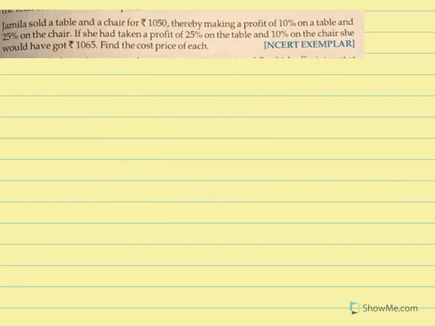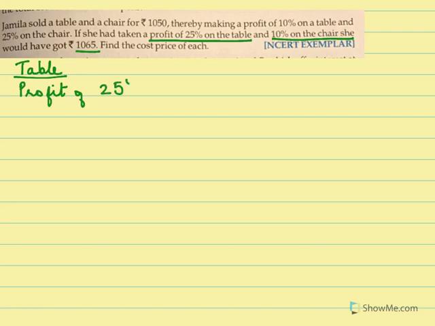Second part of the sum, if she had made a profit of 25% on the table and 10% on the chair, she would have got 1065. Now let us do the calculation for the table. Now they said for the table she's making a profit of 25%. That means the profit on table will be equal to 25% of CP, which is 25%,